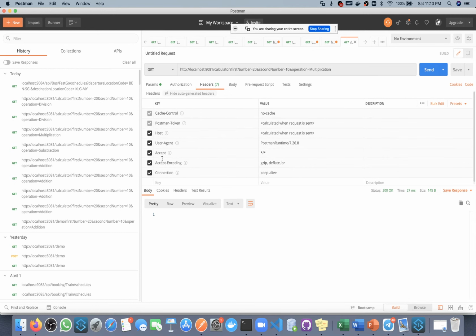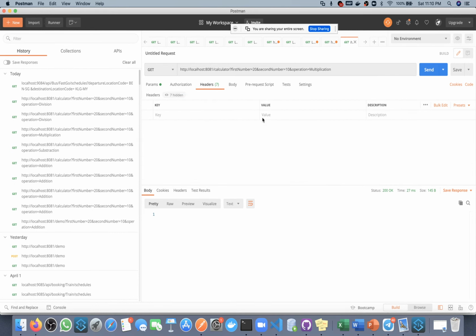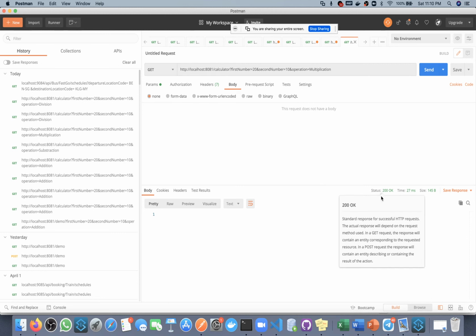In header, these are all default headers of Postman, so if you want you can hide them. We are not passing any header, but today we are going to pass one header, that is transaction ID. So that is our metadata. In body again we don't need anything, so we will not pass anything. And in response you will get body and you will get HTTP status.